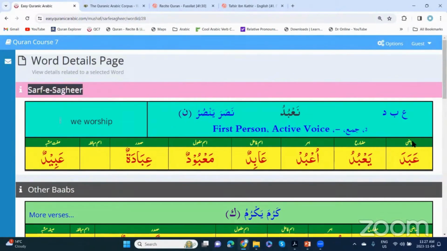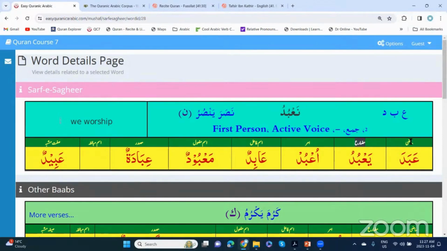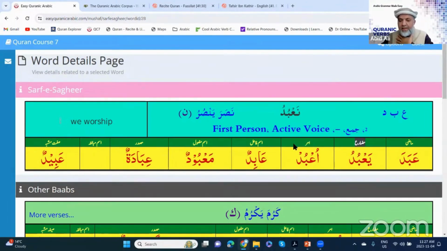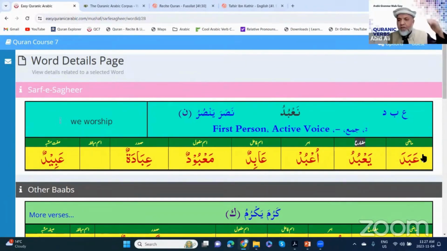to know the madi part. We need to know the mudare part. So in our class, we have progressed from the madi to the mudare today, inshallah, alhamdulillah. And in the next few sessions, you will learn how to make fi'l al-amr, like how to make a command from abada ya'budu, ubud, worship. The abada, he worshipped in the past, fi'l al-madi. Ya'budu, he worshipped, he is worshipping, he will worship.